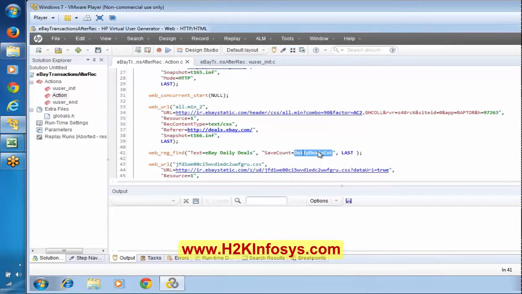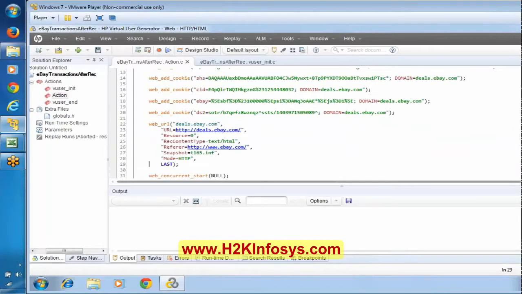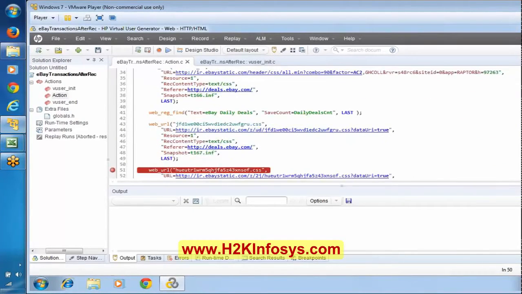As of now, you can assume this is a LoadRunner variable, and if you look here, this is a C variable. A C variable will look like this. And this is a LoadRunner variable here.